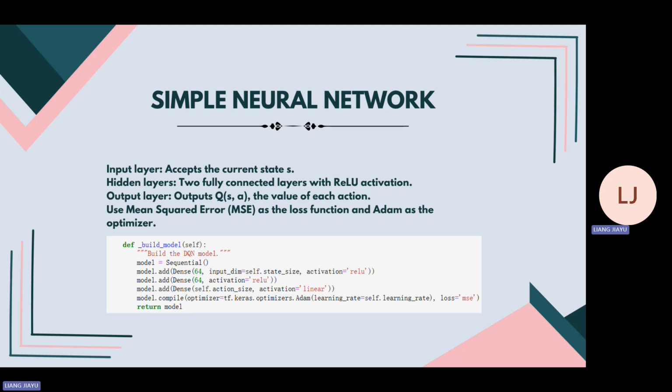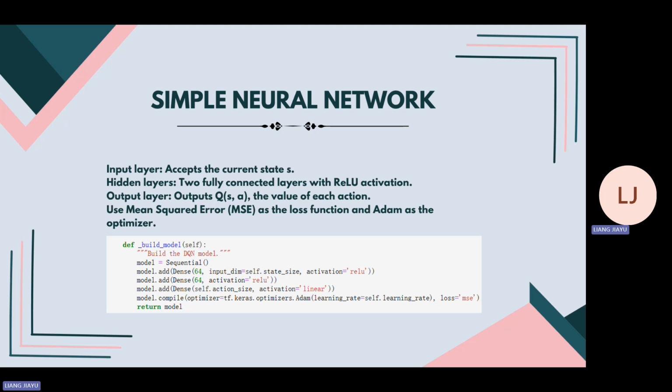The input layer consists of a dense layer with 64 neurons and ReLU activation, accepting input with dimension equal to state size. A second hidden layer with 64 neurons and ReLU activation captures complex features, and the output layer has action size neurons with linear activation, generating Q values for each possible action. The model is compiled using the Adam optimizer with the specified learning rate and the mean squared error as